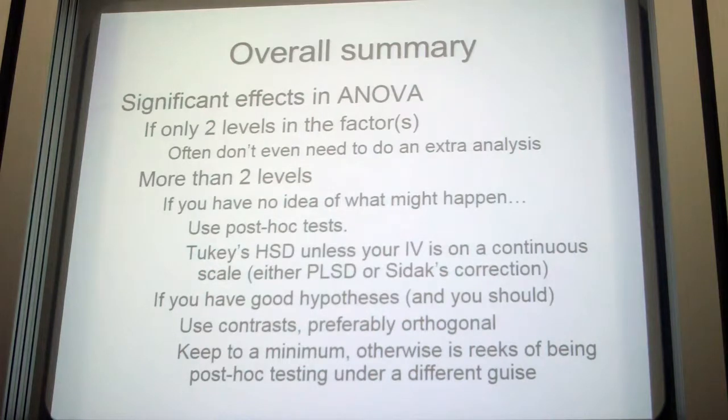If you have no a priori idea of what might happen, so if your hypotheses are just that these might be different from each other, you have to use post-hoc tests. So when you run your ANOVA, always click on the options button in SPSS. In there you always want it to give you the means, so you select all the groups that you can, and drag them over to where it's going to give the means. Underneath, say compare main effects, check that box, use the drop down and click on Sidak's test. Unless there's good reason not to use the Sidak's,